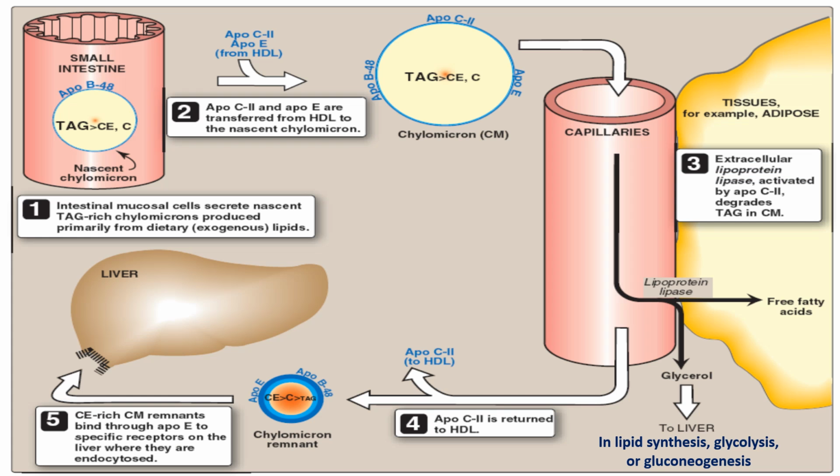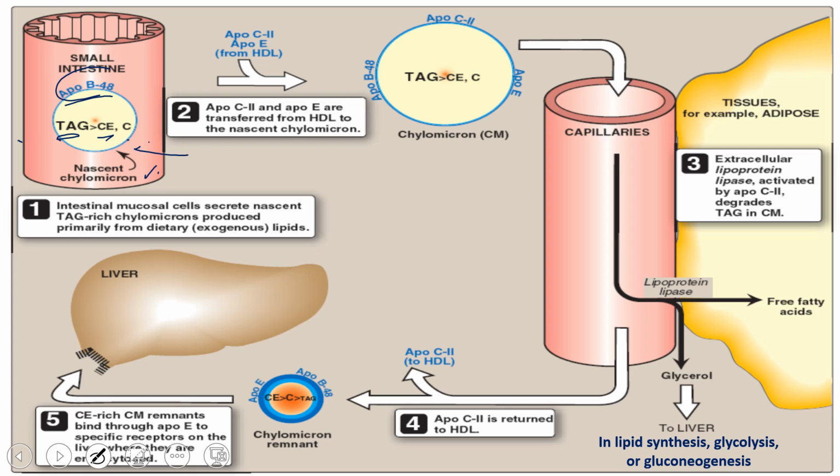This is another detailed picture. So this is our intestine. In the intestine, we have different lipids. So different lipids form the nascent chylomicron, which has triglyceride, cholesterol, and B48. Again, this B48 requires a specific protein. I already told you it is microsomal triglyceride transfer protein, MTP, which helps the incorporation of B48 into the nascent chylomicron.